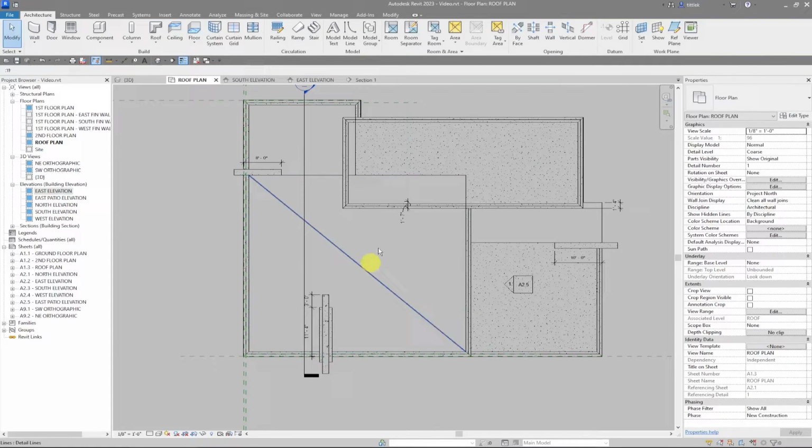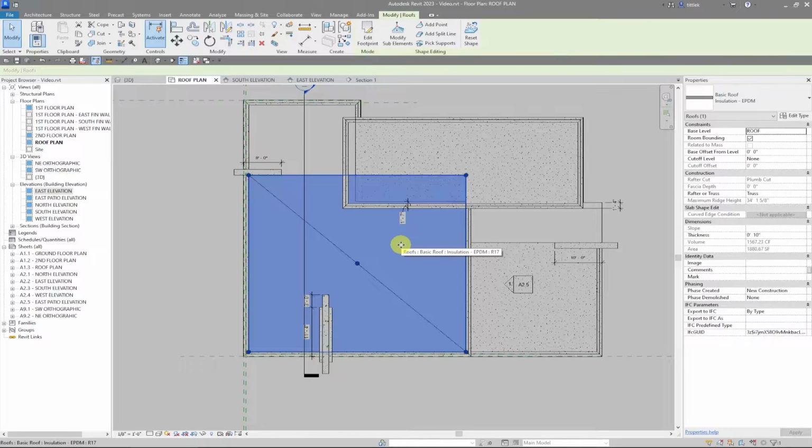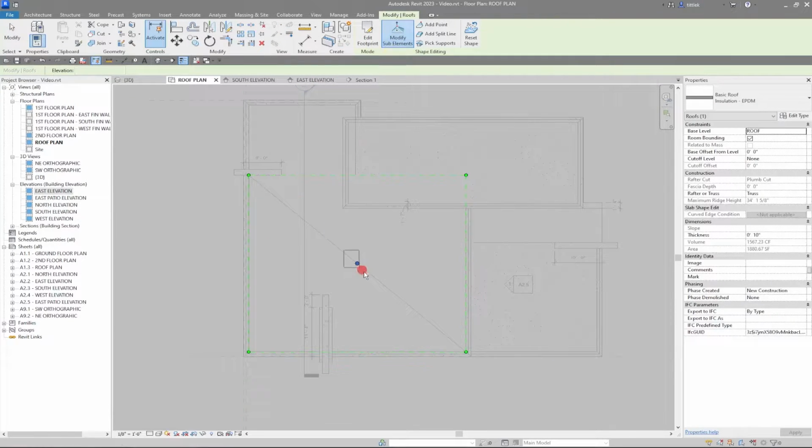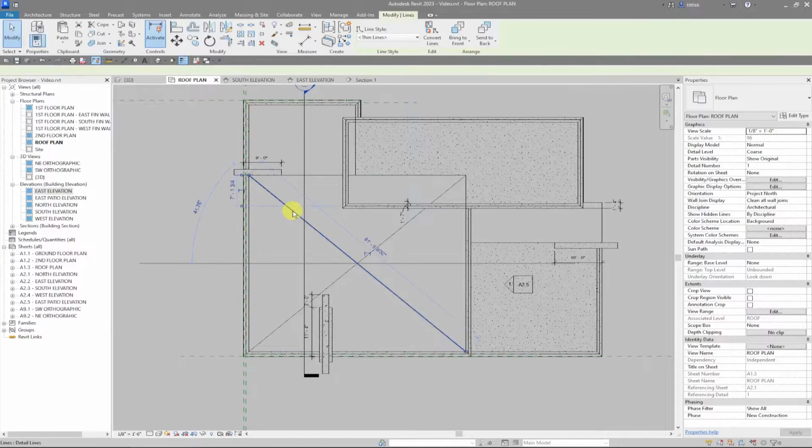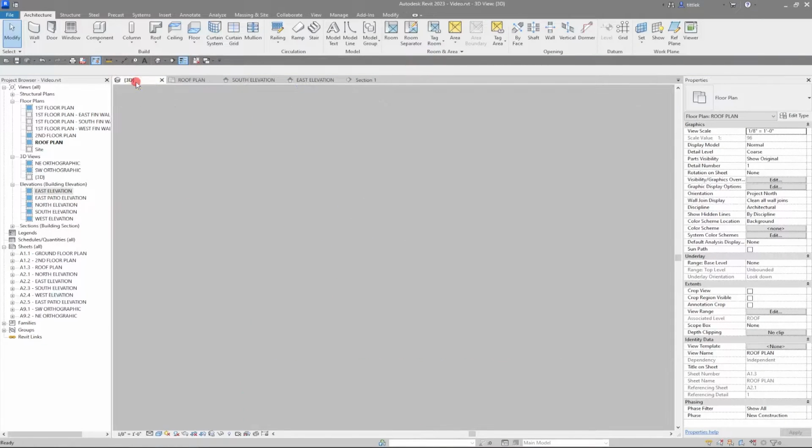Maybe I can't. Oh, I hit escape too many times. I need to edit the roof, modify sub elements. Yeah, select this, set that to 0 now. It's going to create these split lines on its own, so I can hit escape now. Now I do want to delete that detail line that was there, and I can look at this in 3D